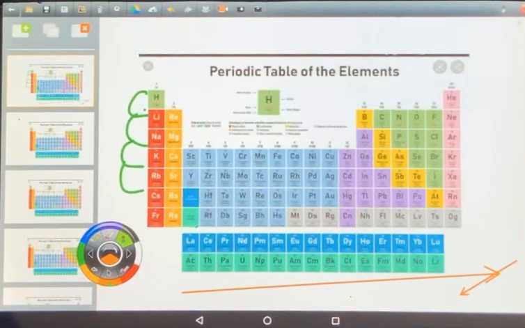Okay, so that's all for this video. This is the part 1. In part 2, we'll be talking about various trends of atomic properties in the periodic table. But please watch this video 2 times at least so that you are clear with how variations happen down the group and left to right in a period.